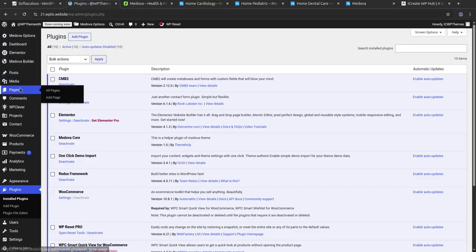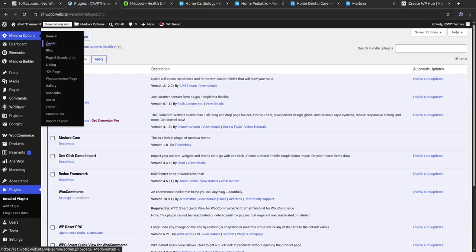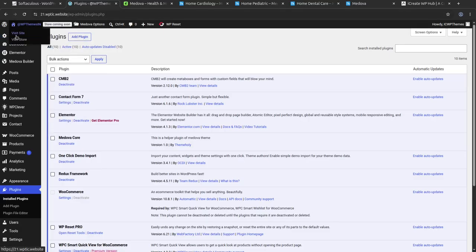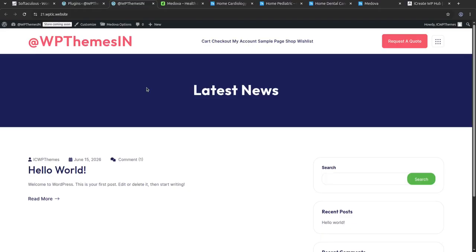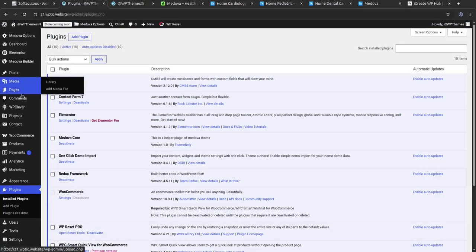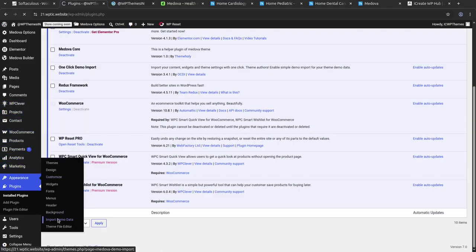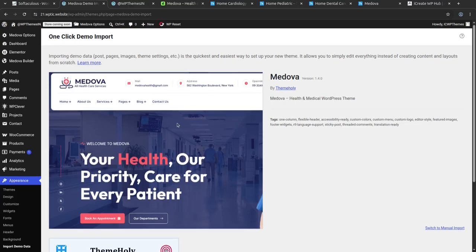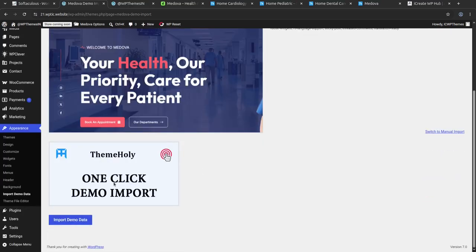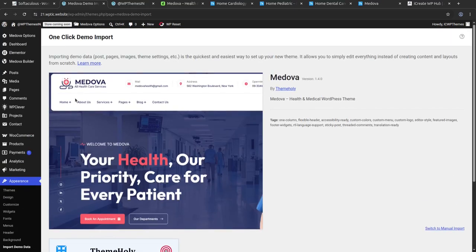Further, now I have all the navigations and features that I can use for our website, and the website is now looking like this with the default layout. And of course, we have not yet imported any demo content. So the next step is going to be importing demo content, where we can choose the layout for our website. So the one-click demo import is here, and this brings all the